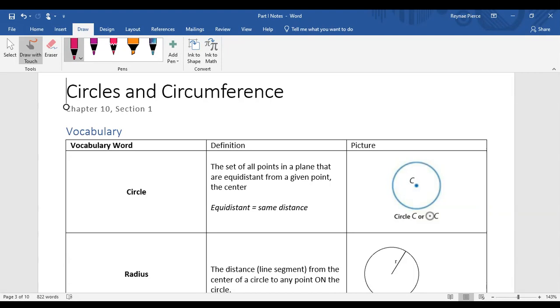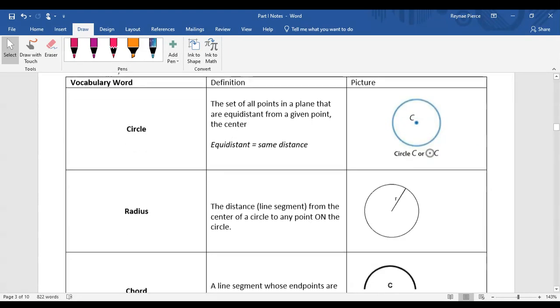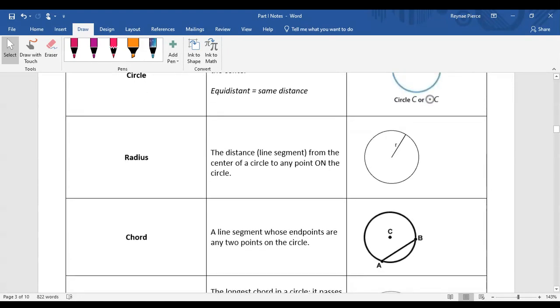All right, there on the right, you can see that we name a circle by the center point, whatever it is. The distance from the center of a circle to any point on the circle, that's called the radius. All right. A chord, you think about like a guitar and the guitar strings passing over that cutout circle